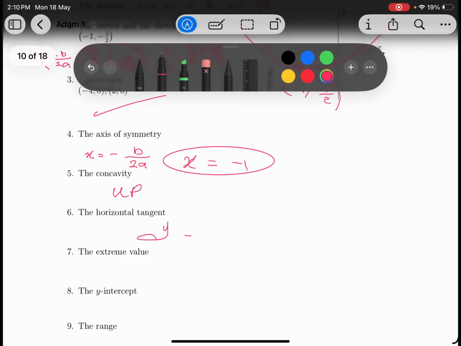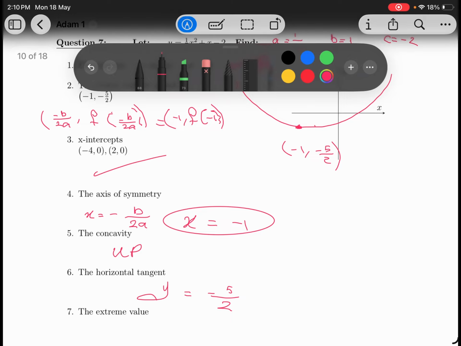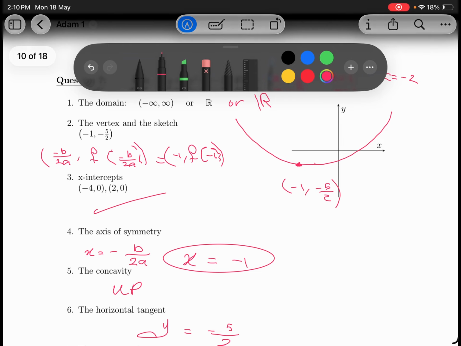So y equals minus 5 over 2 is the only horizontal tangent for this parabola, taking into consideration that this parabola in fact possesses infinitely many tangents. One of them is horizontal, and the only horizontal one is this one, which is y equals minus 5 over 2, which is the y coordinate of this vertex. Okay,